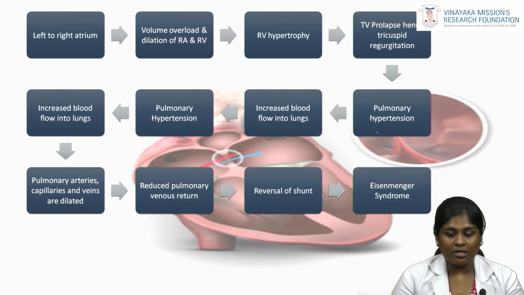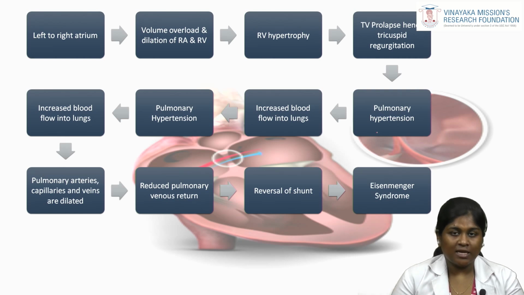If pulmonary artery hypertension is present, that causes increased blood flow in the lungs. Okay, as the pulmonary artery carries the deoxygenated blood from the right side of the heart to the lungs. If hypertension happens, then the content of blood is a little higher in the lungs, and that causes pulmonary hypertension again